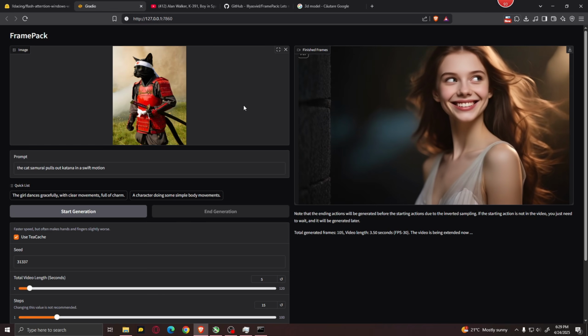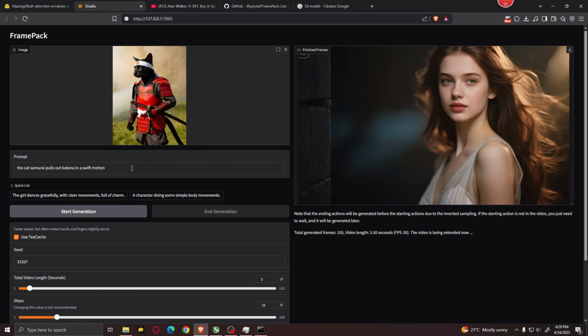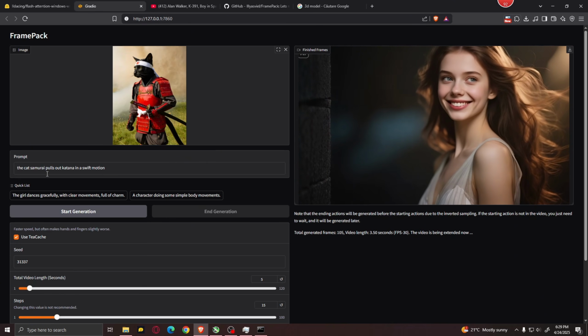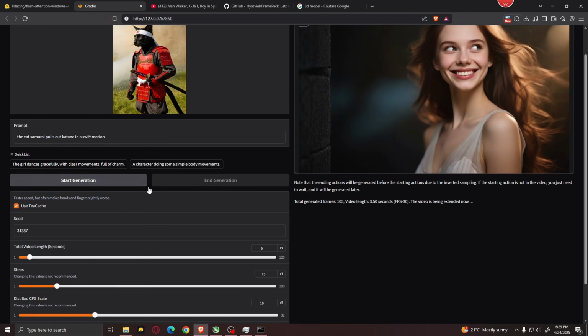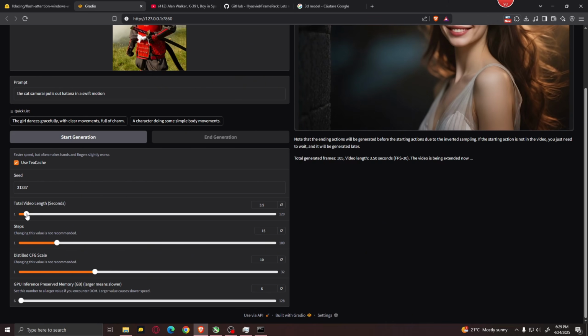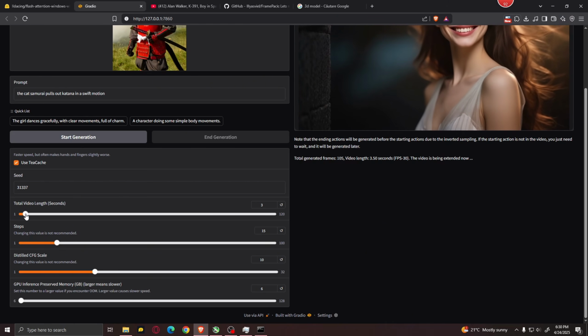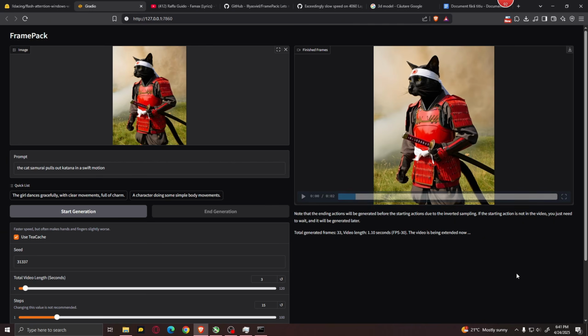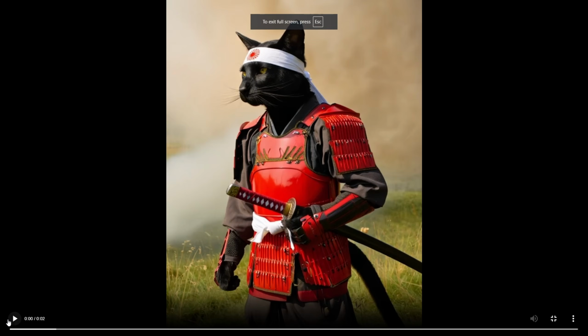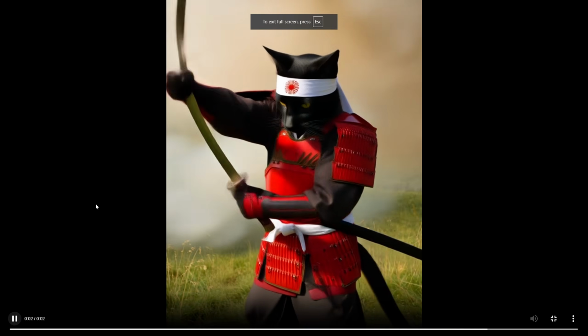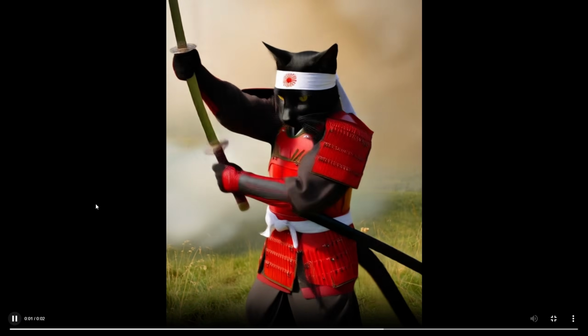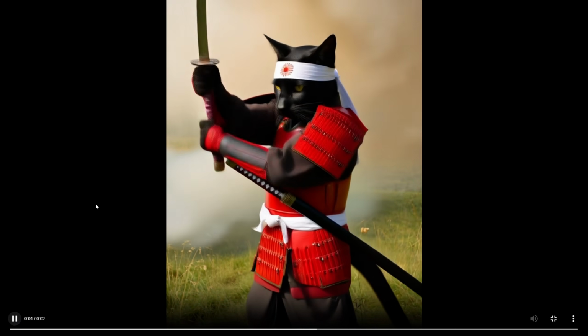Okay, next up, let's try something else. Over here I have this AI generated image of a cat samurai, and for this one I'm gonna use the prompt: the cat samurai pulls out katana in a swift motion. And for this one, let's lower the amount of time to something like 3 seconds for a faster generation. And here is the result. As you can see, it is indeed a samurai cat that pulls out its katana in a swift motion,